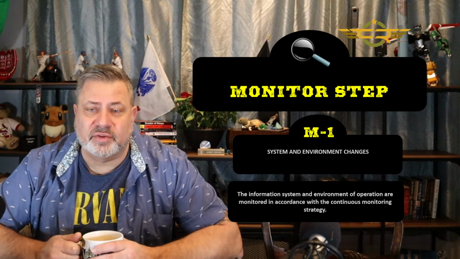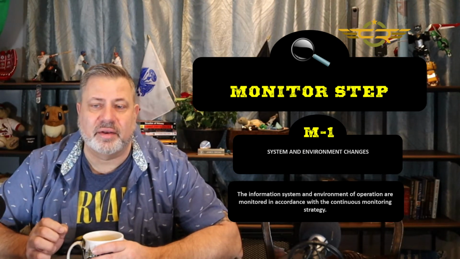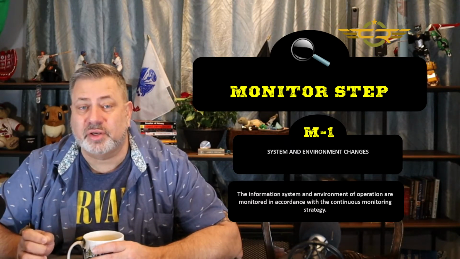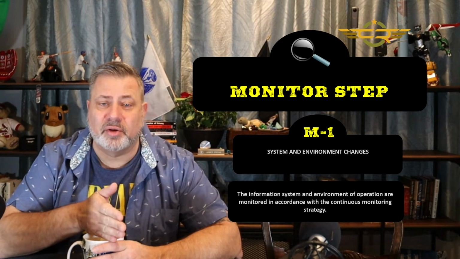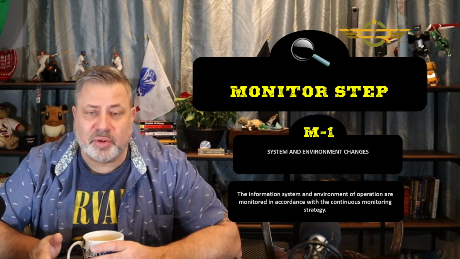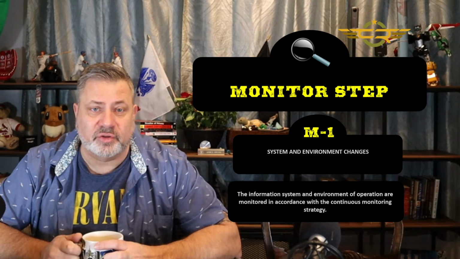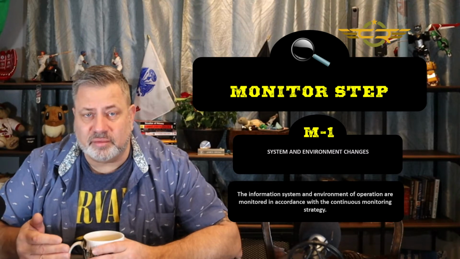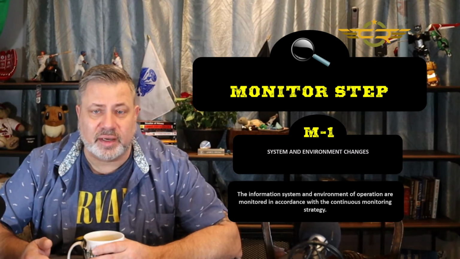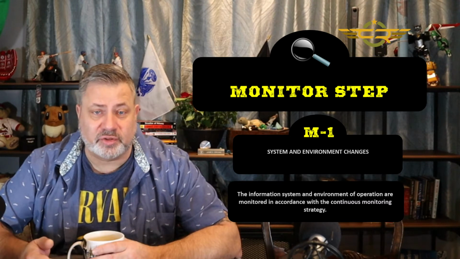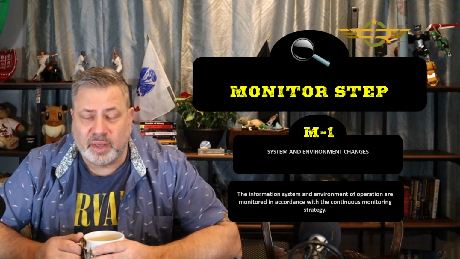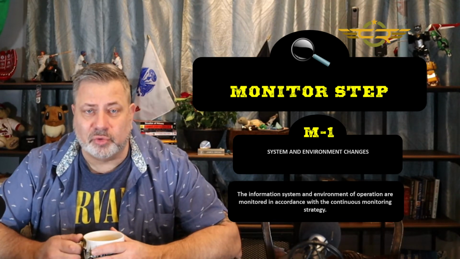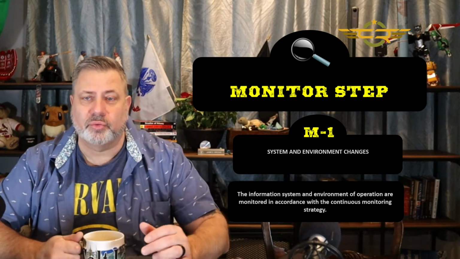The outcome of this task is that the information system and environment of operation are monitored in accordance with the continuous monitoring strategy. An important thing we did earlier: we built a continuous monitoring strategy for the organization, and we built a continuous monitoring strategy for the information system. So this is where we are going to implement them. If we say we're going to check the access logs for admins every single day, this is when we do it. If we say we're going to review policies and procedures every year, this is when we do it. If we say we're going to make sure that the systems are all patched monthly, that's when we do it. We're going to go through and look for